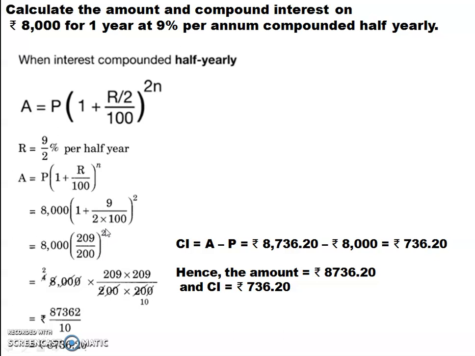Where is this 2 coming from? It is 2 into 1, 2. Now the calculations part: 8,000 into 209 by 200 into 209 by 200. Why? You are multiplying this twice, 2 times. Now there are 4 zeros here, and 1, 2, 3 zeros are cut. Then cancel it, you will get